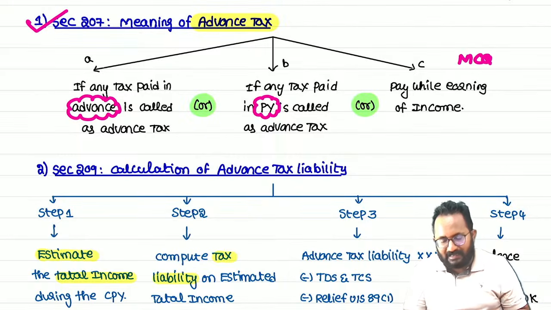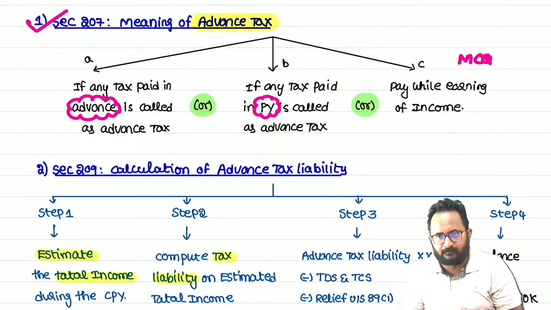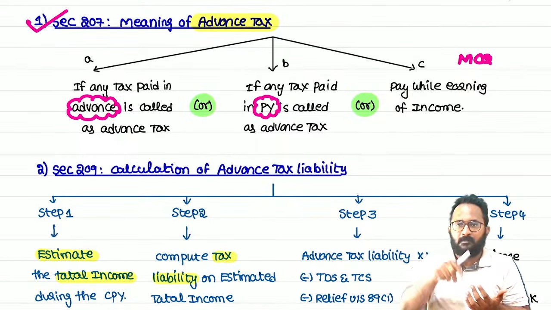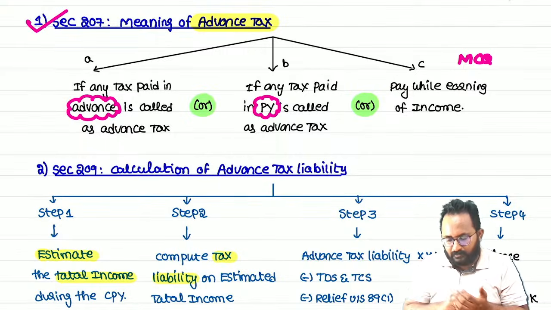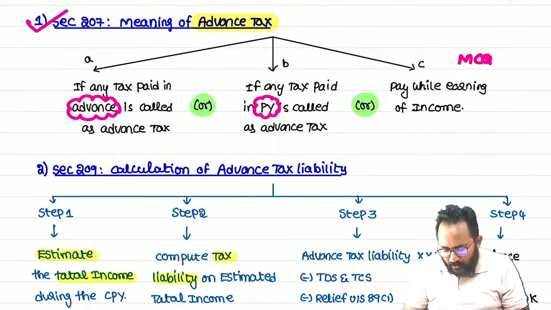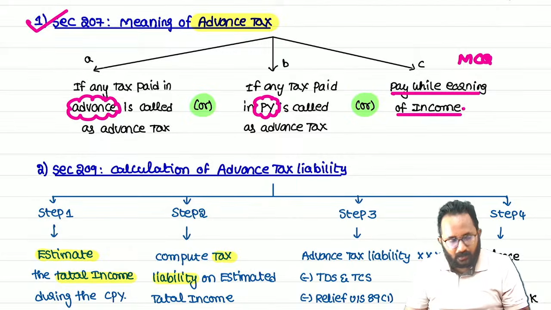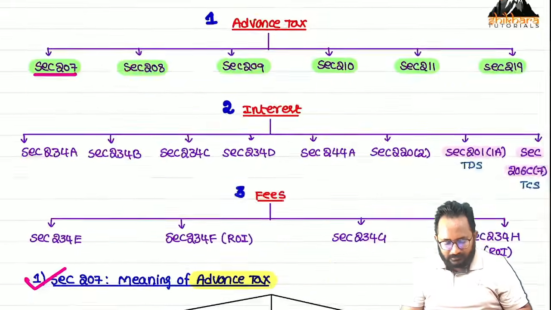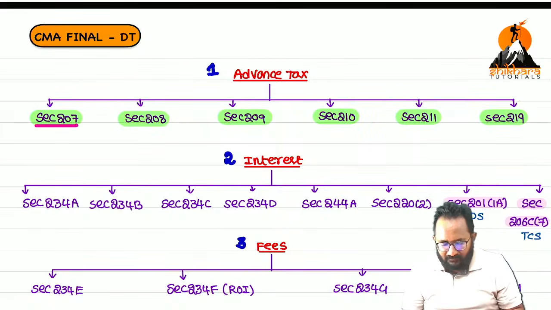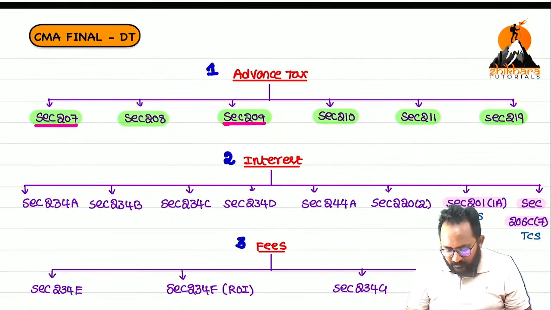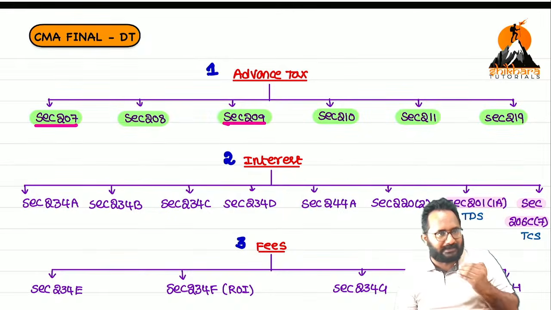While you are earning the income, you are paying the tax. When you are earning the income in the previous year, in the previous year only you are paying tax, right? So that is called pay as you earn. Understood? Now generally we have to discuss 208 in order, but I will start with 209 first. Then after that we can discuss 208.